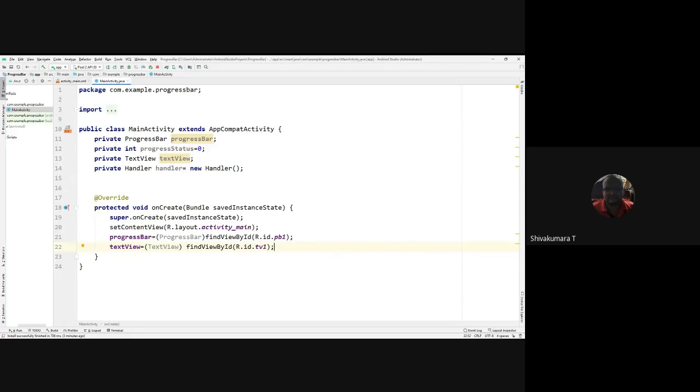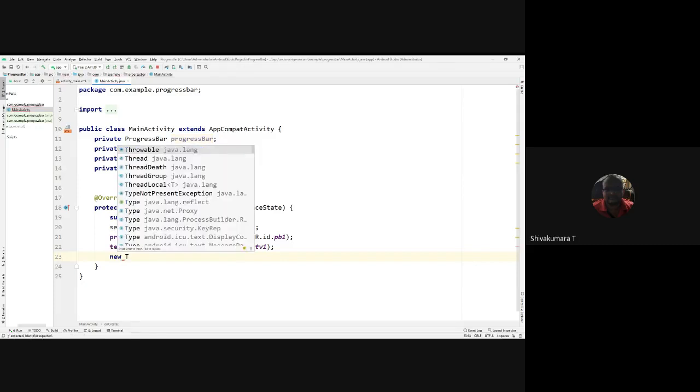So after binding the text view and the resource, now you require to spawn a thread of action.